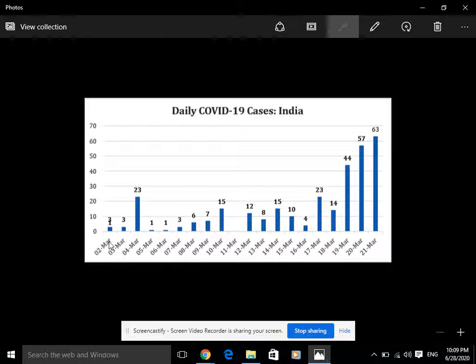So starting with 2nd of March to 21st of March, they have put this data, like on this particular day the count was 7, then on 3rd it was 3, on 4th it was 23, and so on and so forth. So this bar chart helps in creating a report for that.